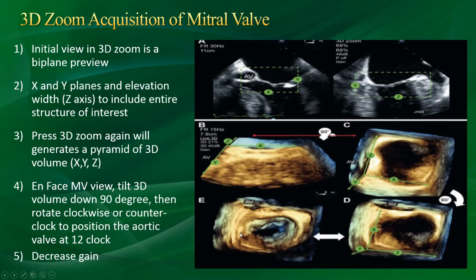This is the posterior mitral leaflet, appendages here, and the aortic valve here. So this is how you acquire it. Make sure you do that, go practice. If you're holding the probe when you do your TEE, take a look at what the sonographer does. Or if you're the attending, grab the probe from them, go on the machine and tell the sonographer, show me how you do 3D. I want to learn,